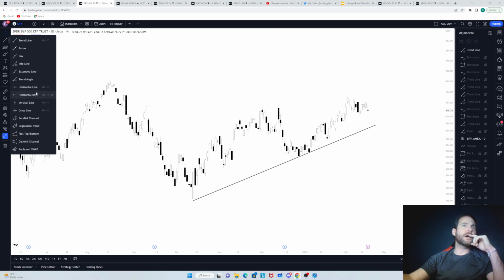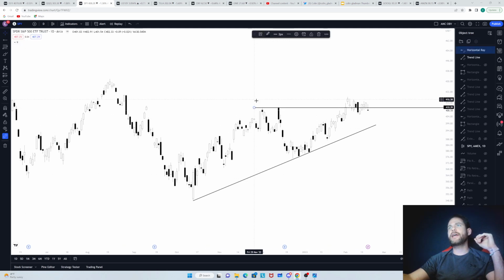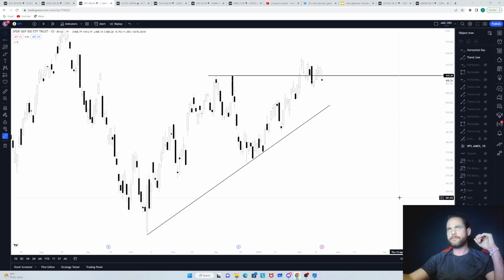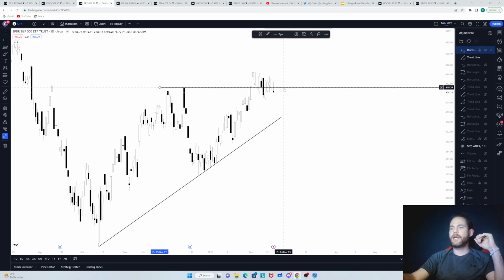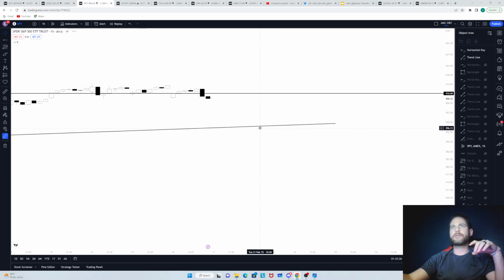I will use horizontal lines and horizontal rays when I'm really wanting a specific range that I'm looking at. So a horizontal ray is going to give you just a perfectly straight line across at whatever level that you want. Also, you can click on these, and with your arrow keys on your keyboard, you can move them around. I know that's probably hard to see, but for instance, I'm just holding the up arrow right now. It's slowly moving up. So sometimes if you're out here and you're like, oh, okay, that looks pretty good, and then you'll go down here to a lower time frame,